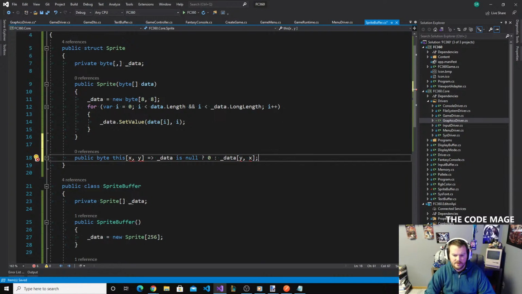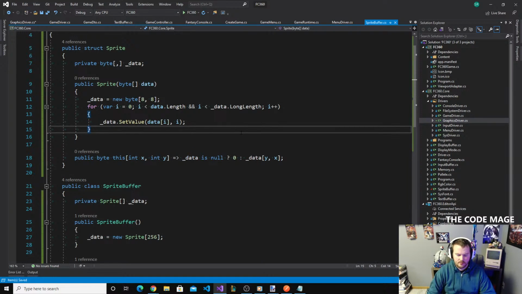I'm going to start with the idea that the first dimension is the y dimension and the second dimension is the x dimension. It really should be that you go rows and then each column,